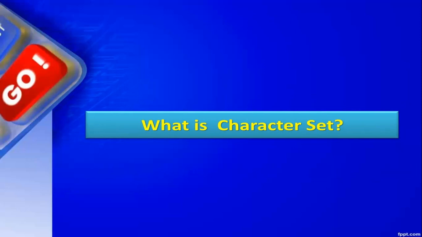Now, what is a character set? Character set is nothing but a set of valid characters recognized by Python. If you look at English alphabets, they are the character set of English language. If you look at the Hindi Barakhadi, those are the character sets of Hindi language.